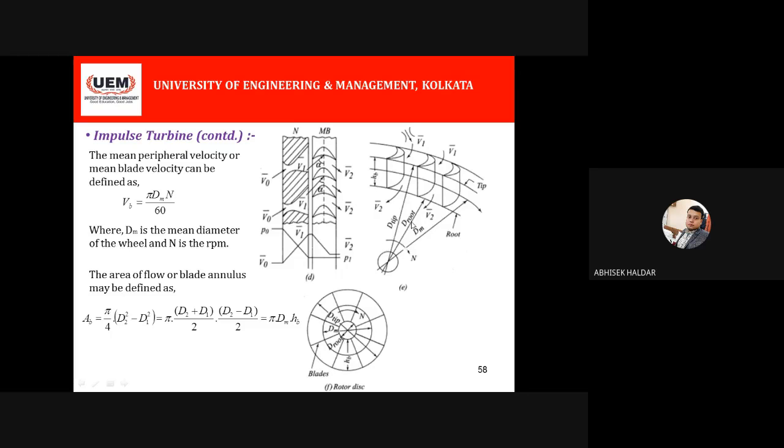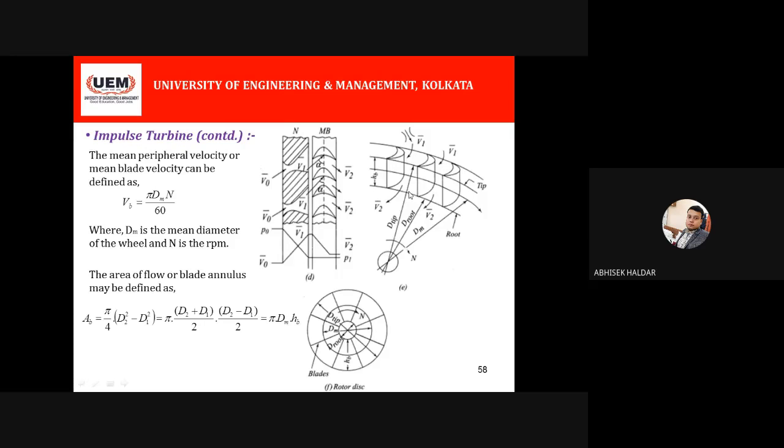Okay, so that's why I told you, this is for your understanding only. So D2 and this is my D1. D2 is the diameter of the tip, D1 is the diameter of the root. So if I just divide algebraically D2 plus D1 by 2 and D2 minus D1 by 2, you see, as I told, D2 plus D1 by 2 will give me that dm.